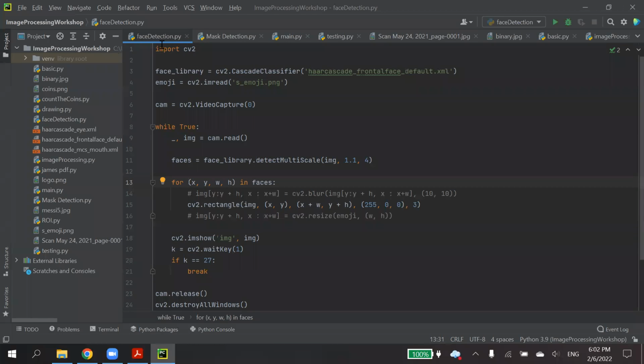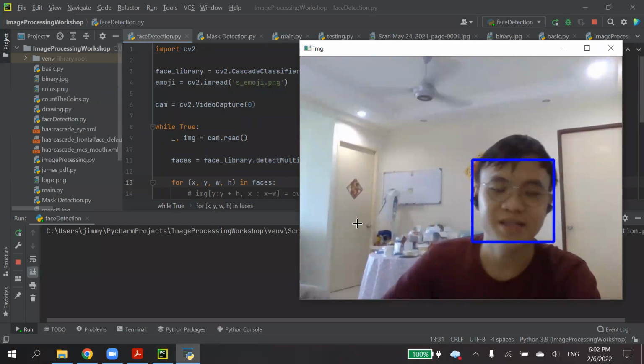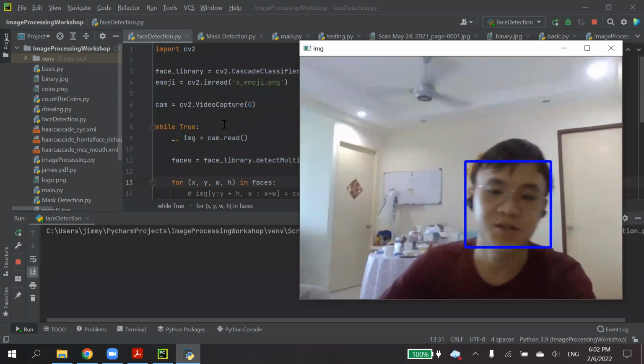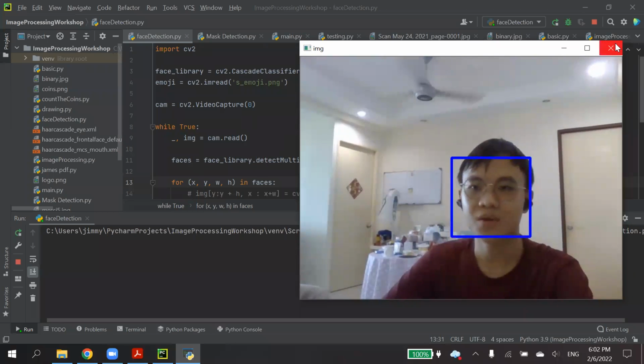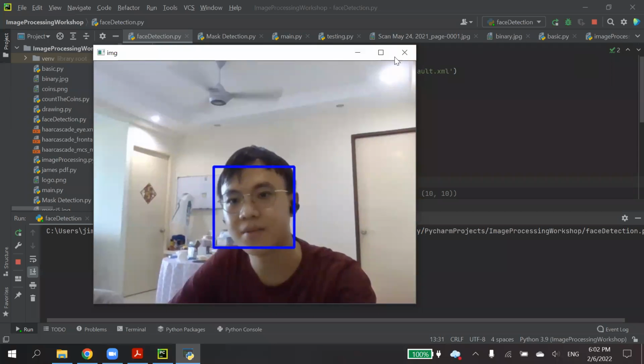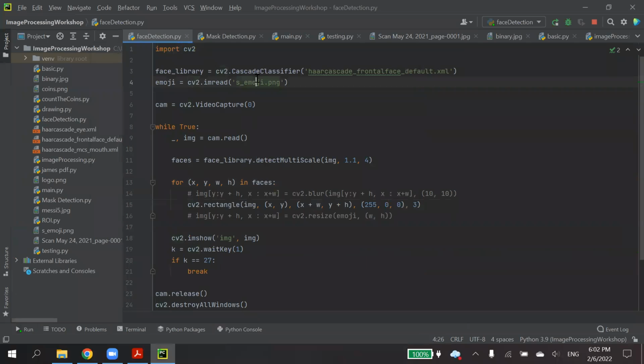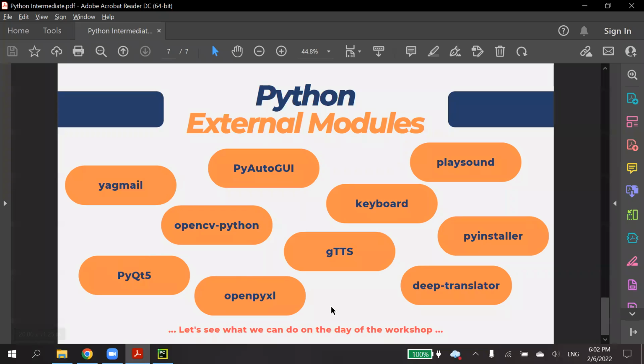Let's say I run this face detection. Let me show my face. This is a face detection application. You can do image processing, crop images, detect color. Many things you can do with this package.